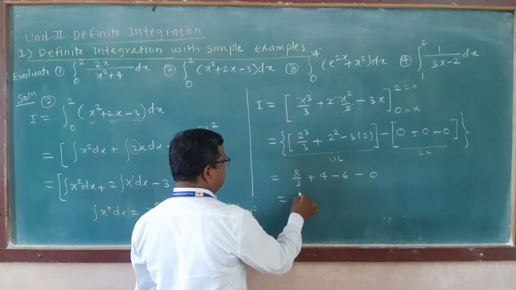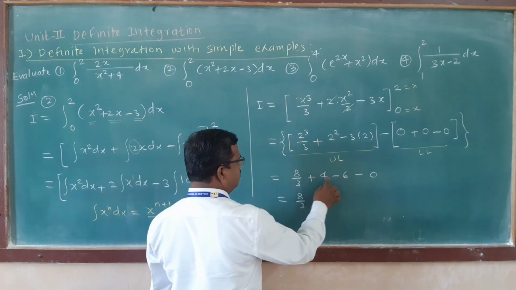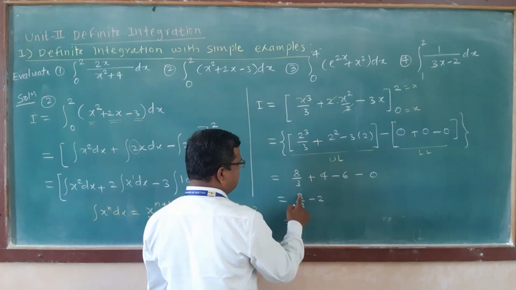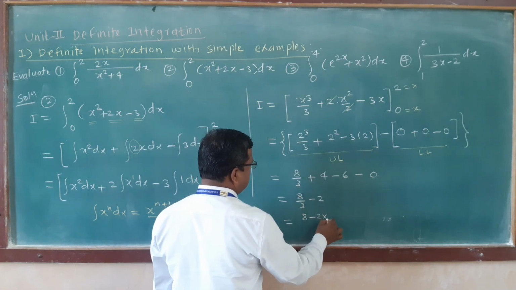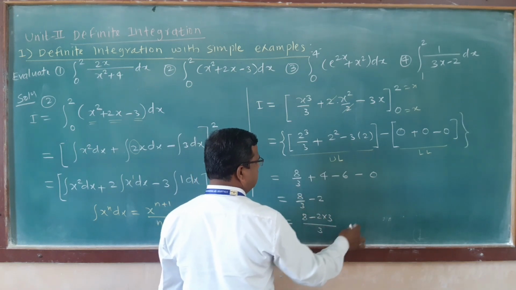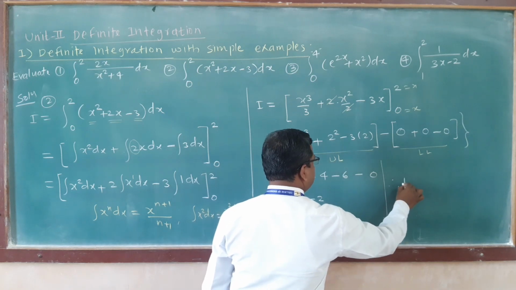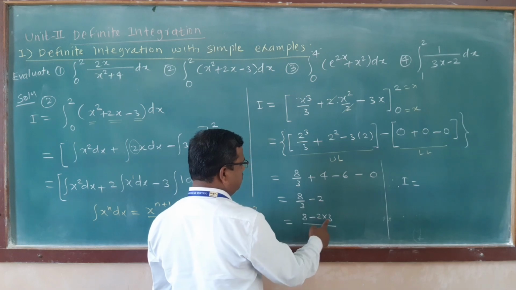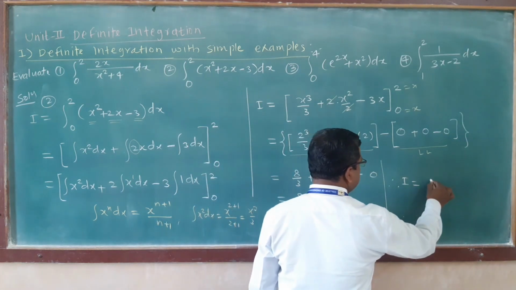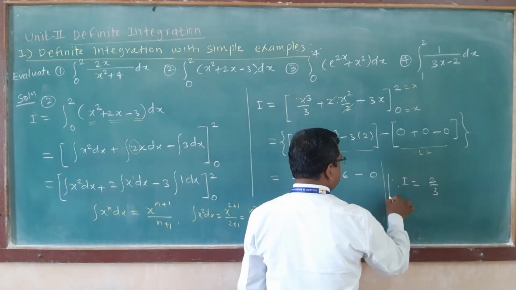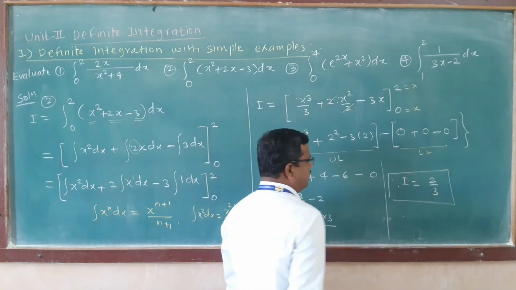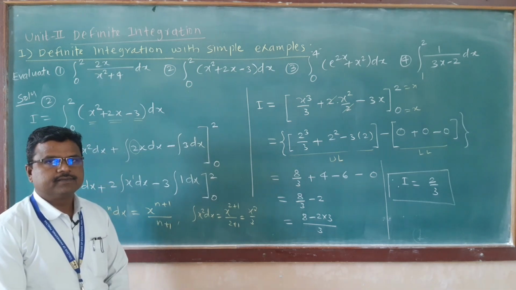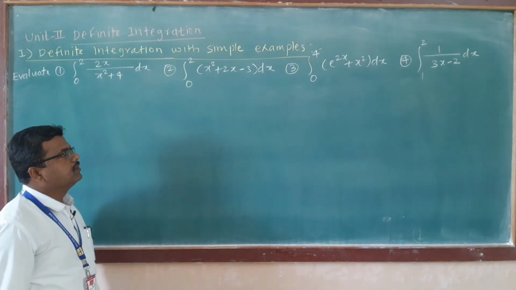So which is equal to 8 upon 3, 4 minus 6 is minus 2, and if we simplify this, this will be 8 minus 2 into 3 upon 3. Therefore I is equal to 8 minus 6, 2 into 3 is 6, 8 minus 6, that is 2 upon 3. So this is the required value of given definite integration. Now see this example number 3,